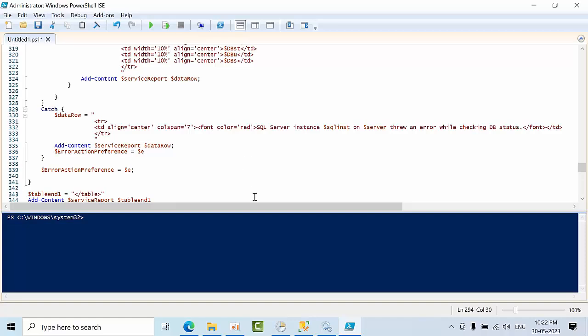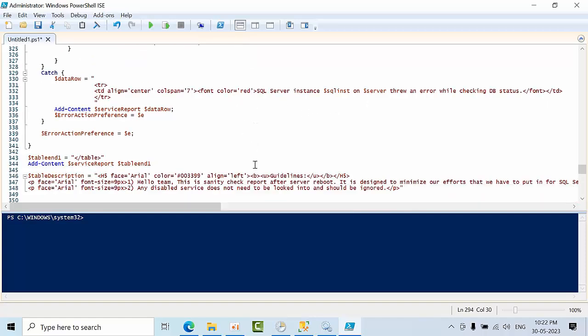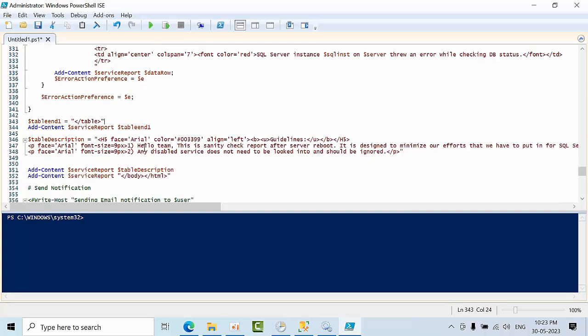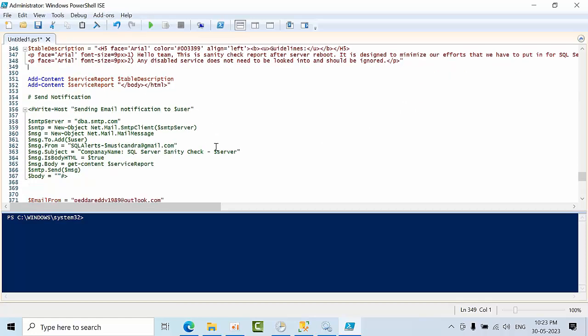And this is the header. If anything goes wrong, it will get through this error. Okay, and this is just guidelines. Okay, it is going to come down and that down. So here,